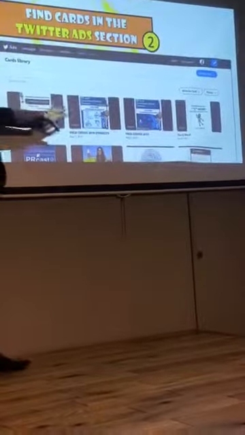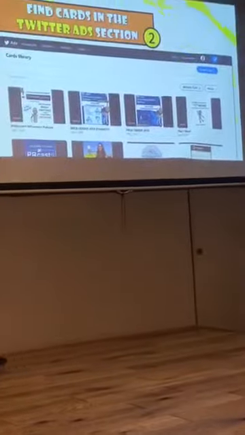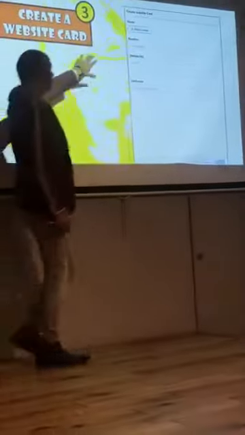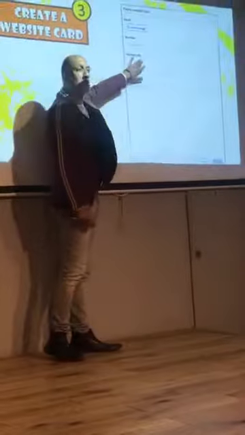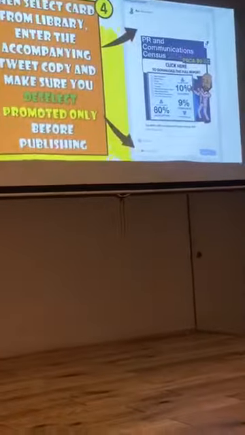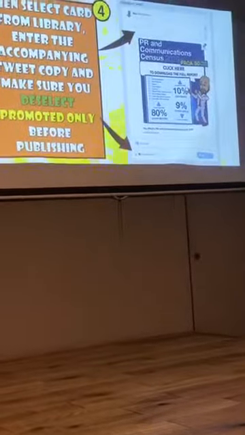And you'll get to your cards library. So here's some I set up earlier, but they're really simple. That's it. You just fill all this in, your image, your headline, your website you want to go to. Once that's done, it's saved. It's really quick. Again, you have to do this from the desktop version. Once you've got that there,